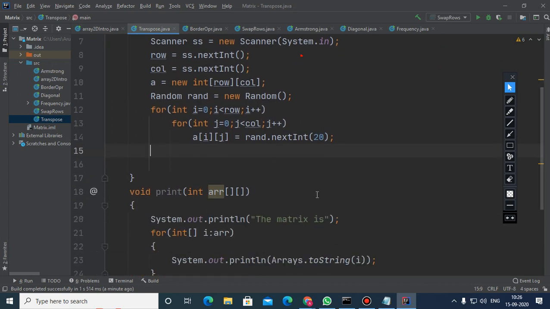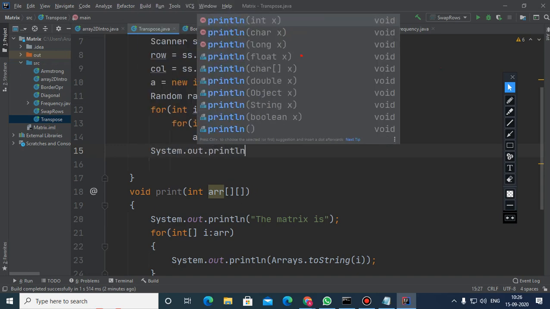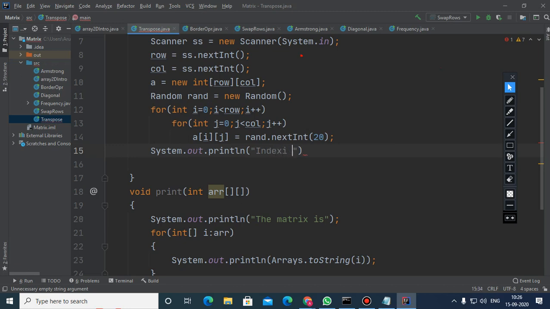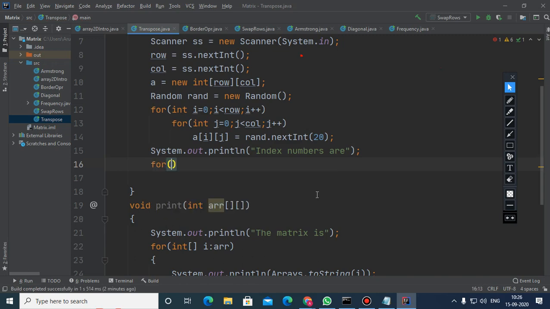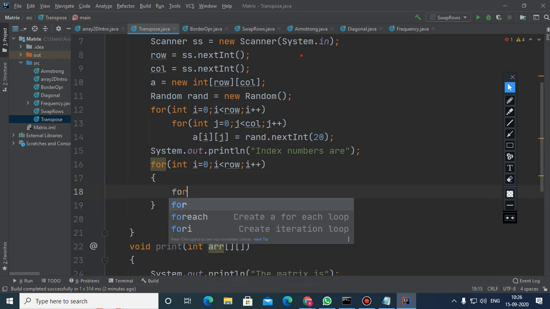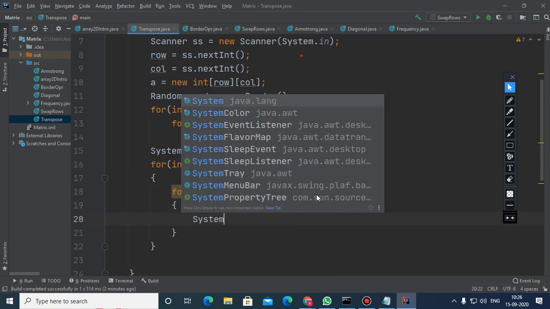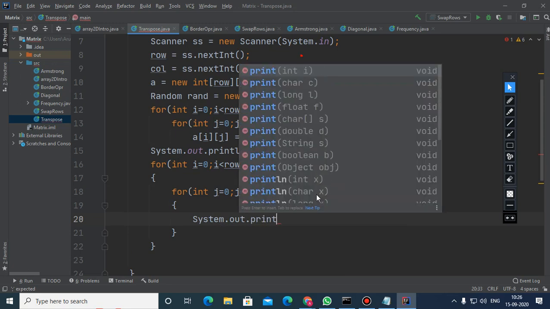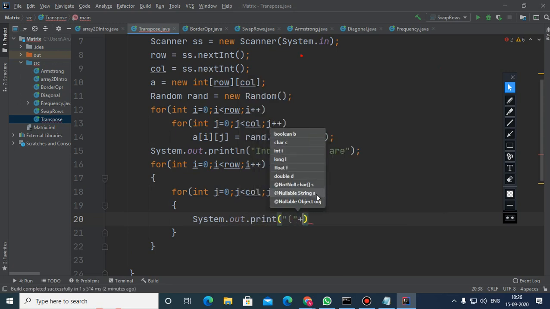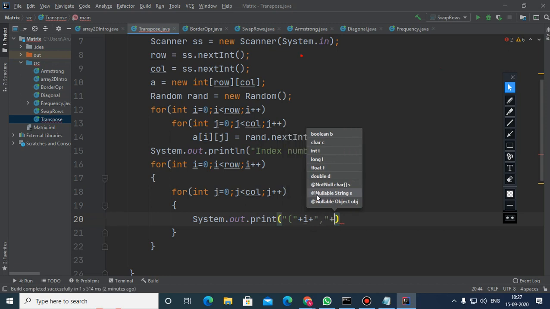And if I want to print the index numbers, index numbers are the same way, and here I would like to write i plus comma plus j plus.